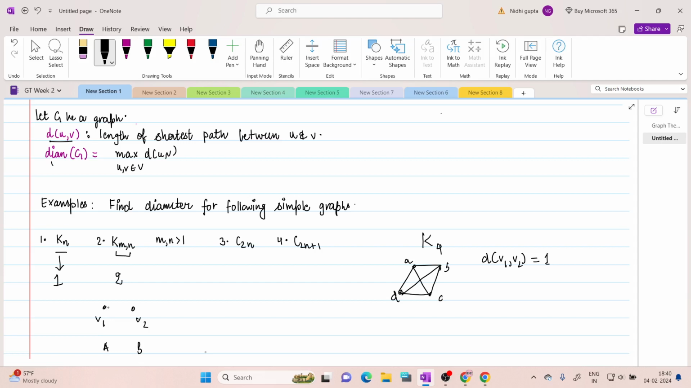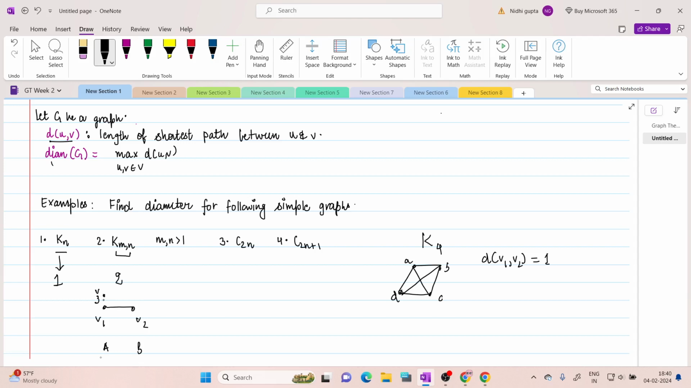If it is a complete bipartite graph, V1 is lying in A and V2 is lying in B. It will be 1 because there will be an edge between them. And what if there are two vertices in